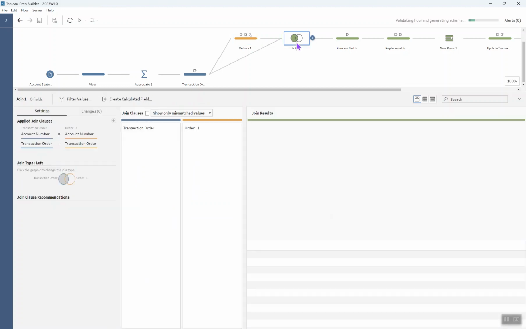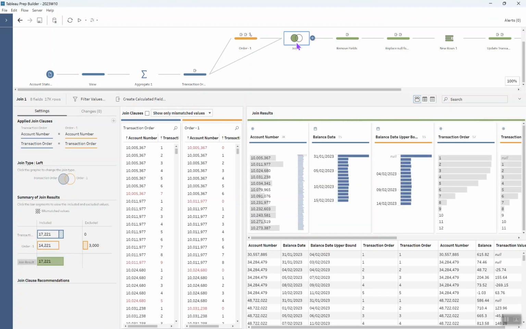Okay, and then I'm joining that data set back to itself. I'm doing a left join here, so I'm making sure that I keep in all of those last final transactions that don't have a next transaction to be put up on the same row. So that's why it's a left join here. So I'm just making sure my account number is equal to my account number, and my transaction order is equal to my transaction order here. Okay. So I go ahead and I do that,